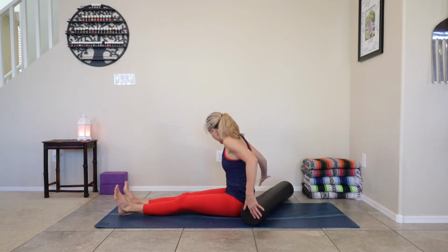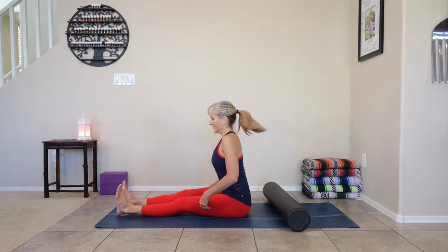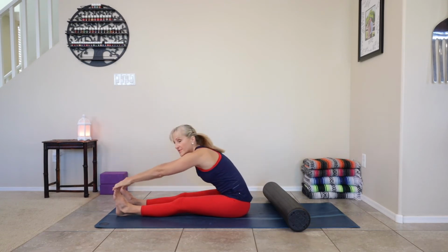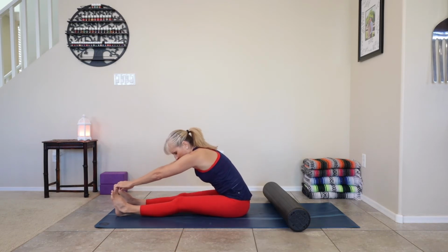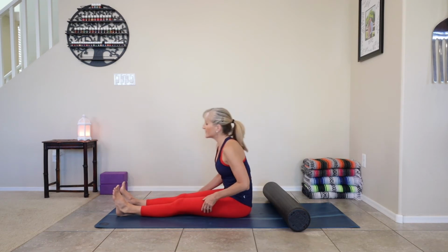Go ahead and bring the roller behind you. Pull the glutes out. Sit up nice and tall. Take a deep breath in. Now, first try just reaching for those toes and shake out those knees. And just feel that nice stretch. Hopefully you're stretching out through the back. We're going to move now from the lower body to the upper body as soon as we do one last